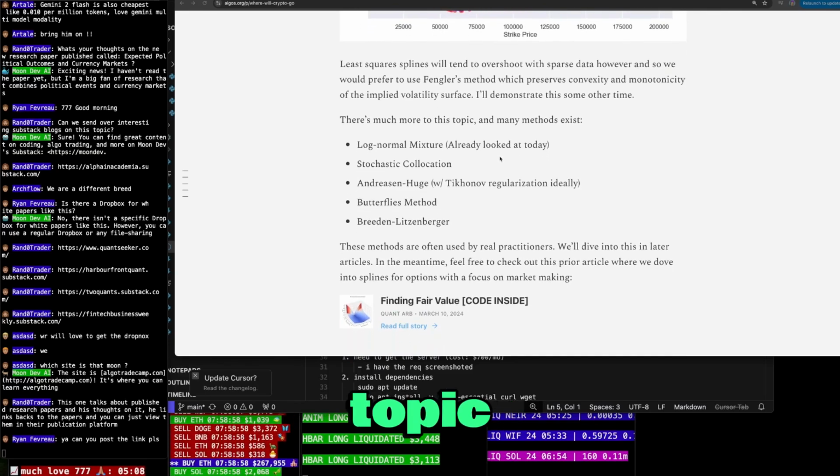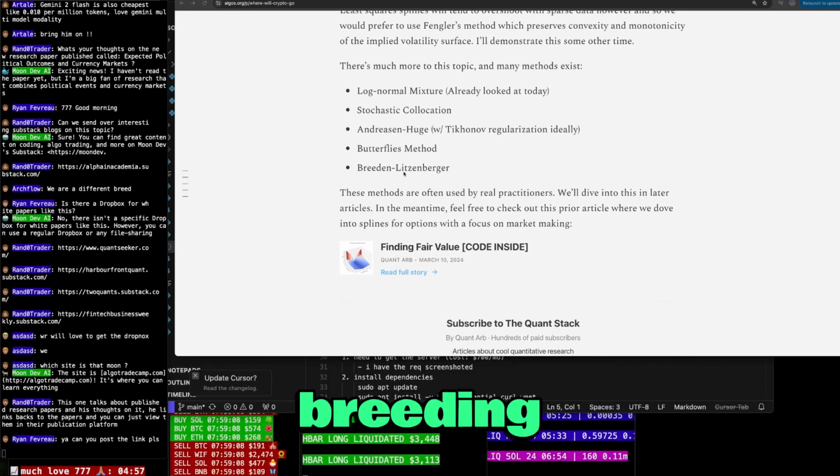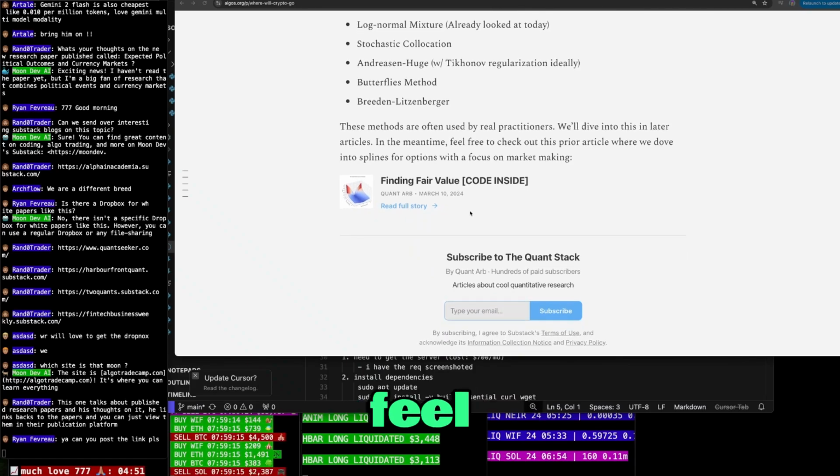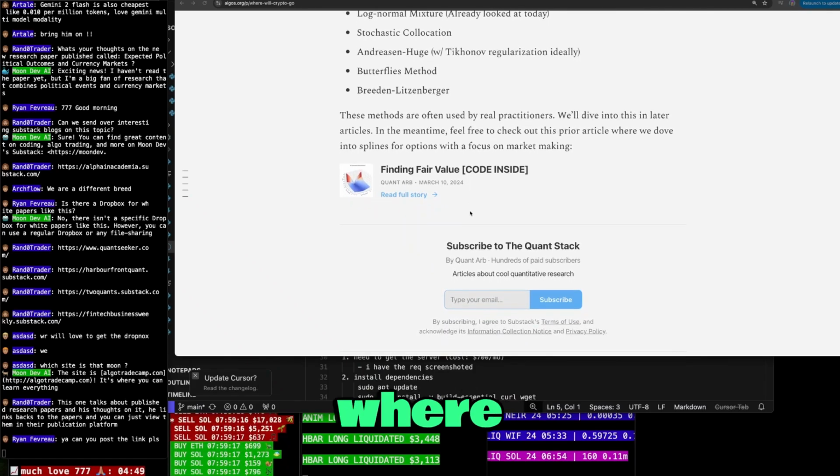There's much more on this topic and many methods exist: log normal mixture, stochastic collocation, Andreasen-Huge, Butterfly method, Breeden-Litzenberger. These methods are often used by real practitioners. We'll dive deep in a later article. In the meantime, feel free to check out this prior article where we dove into spline